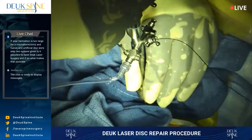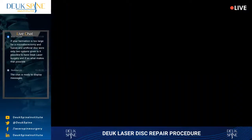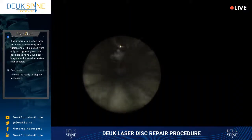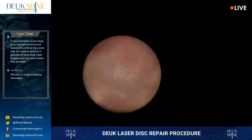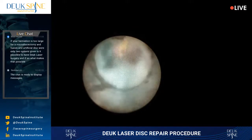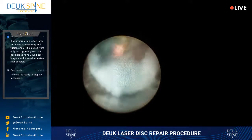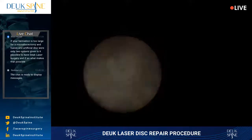And we call this surgery the Deuk laser disc repair. We have peer-reviewed and published it. We're the first to do so. So it is totally FDA approved and peer-reviewed and published in the National Library of Medicine. You can see where the dilator was, right up against the end plate there, that little hole. But the tear that we're dealing with is